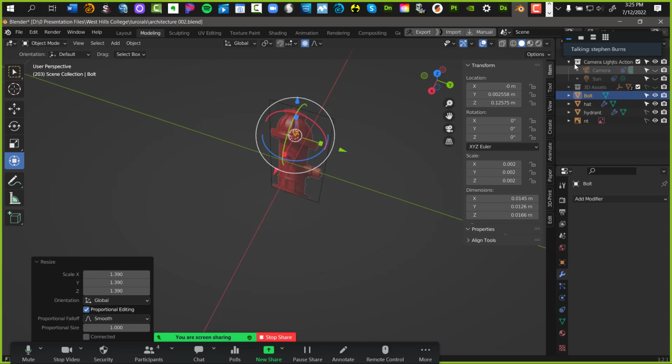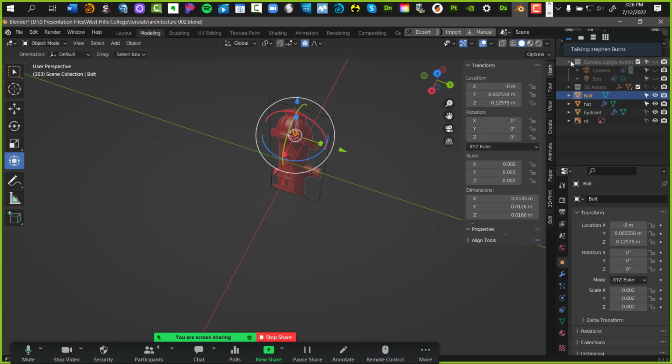Okay, turn that. Cameras, lights, and action. My hat here is telling me it's on. It's on visually, so why am I not seeing it? Hydrant. Why is it not on visually? That's weird.